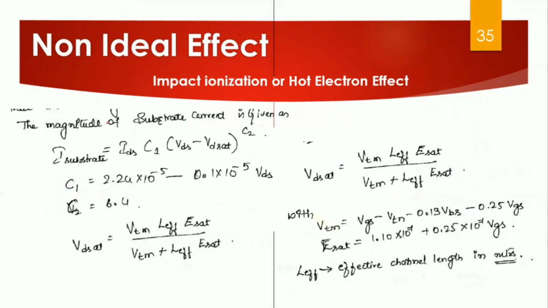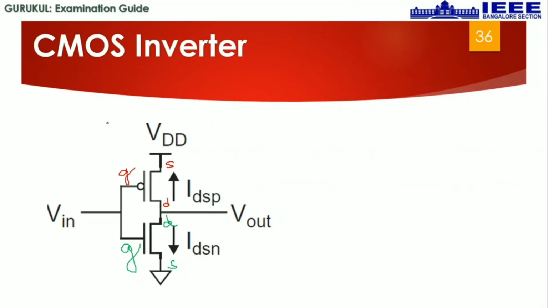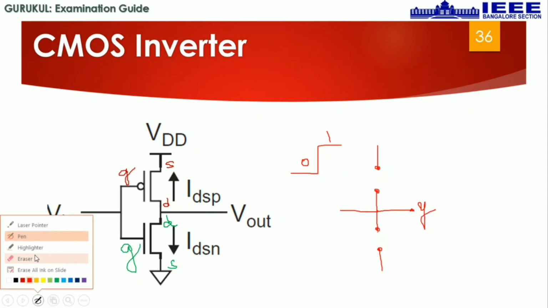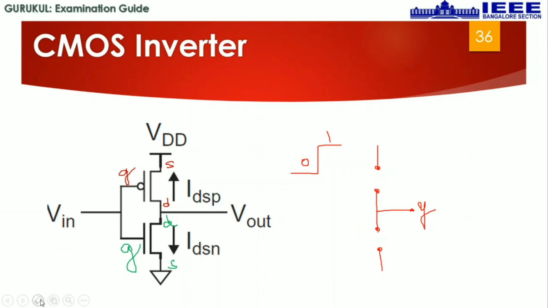Hope it is clear. The next one is the CMOS inverter. How does the CMOS inverter work? First, I'll take an example of an input where you have a pulse which gives 0 and 1. Now, this pulse is given to the inverter. We have studied that the inverter acts as a switch, right? So now the gate is given the input, and these gate inputs are 0 and 1. It will vary as 0 and 1.